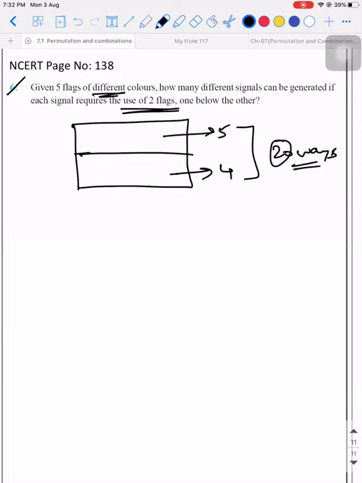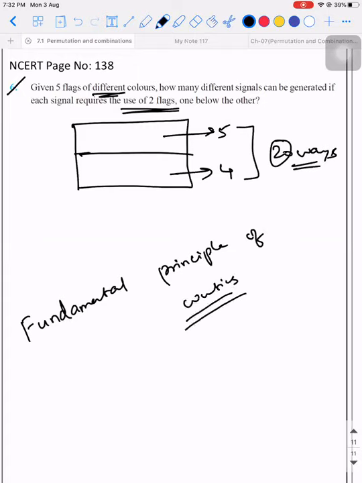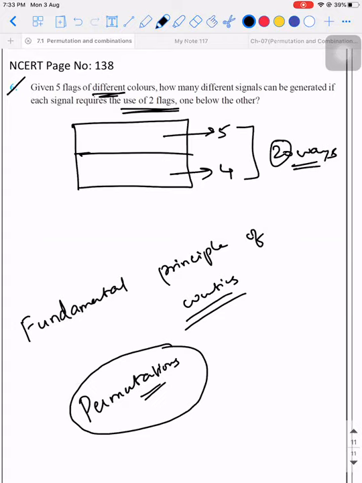So this is all about the fundamental principle of counting. In tomorrow's class, I will explain how to derive the formula for permutations. With the formula that I'm going to derive tomorrow, you can still solve this exercise. But let's do that for the miscellaneous part, then you will understand better. As of now, you have the fundamental principle of counting in your mind. Tomorrow, I'll explain what permutations are. Let's try to combine both and then understand. Am I clear?